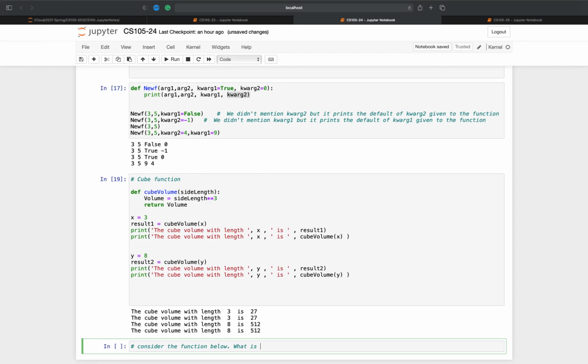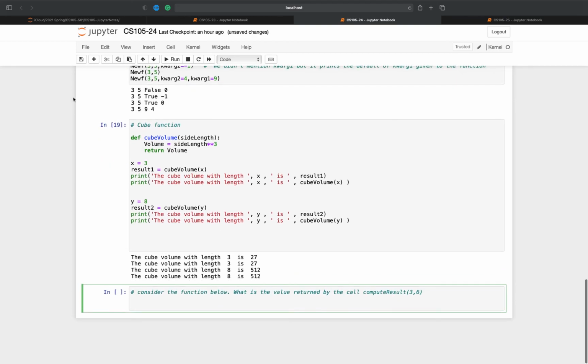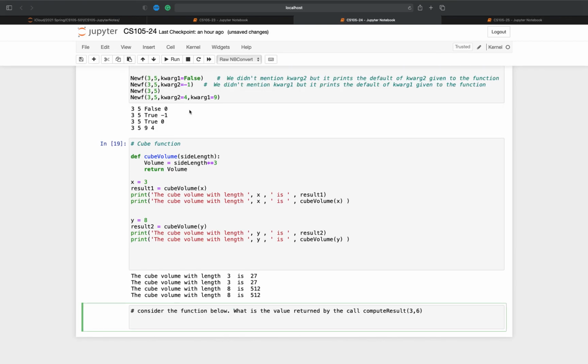What is the value returned by the call compute result 3 and 6? Well, I don't want to do that now because it will indent for me. I like it. Okay, compute result